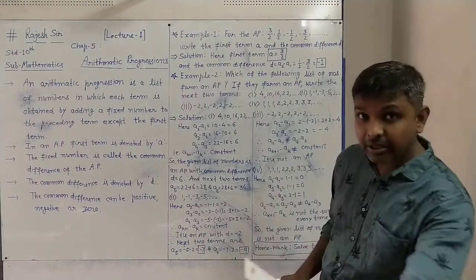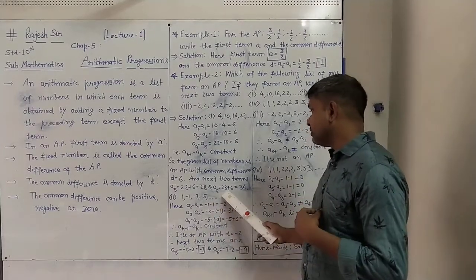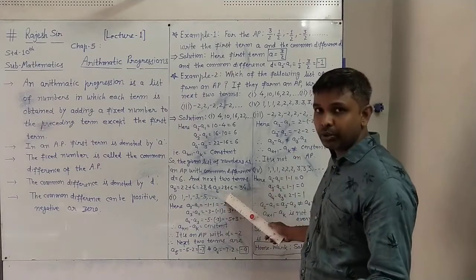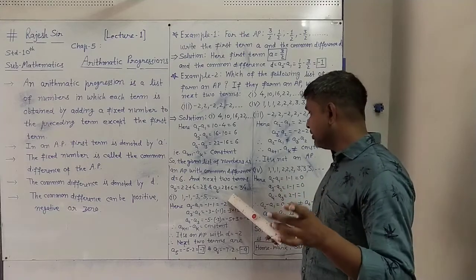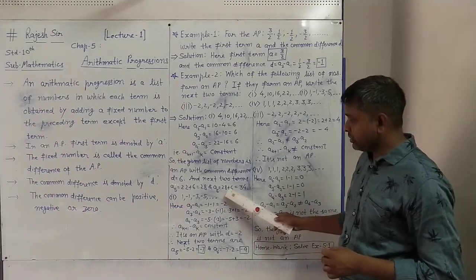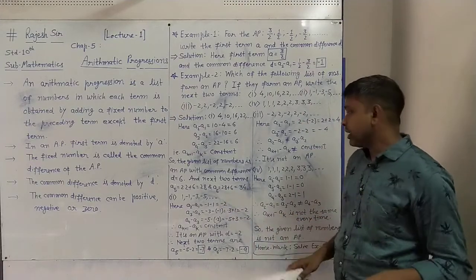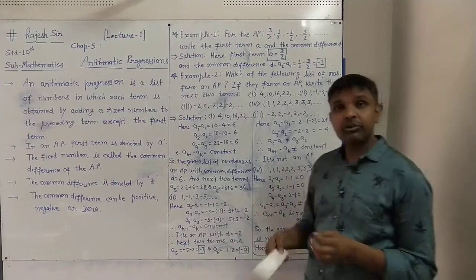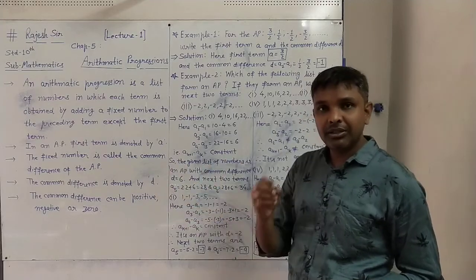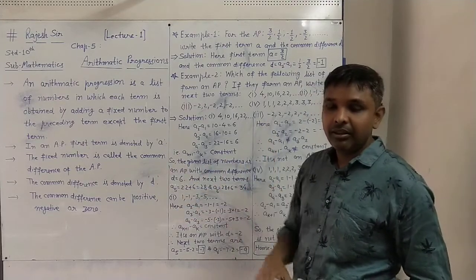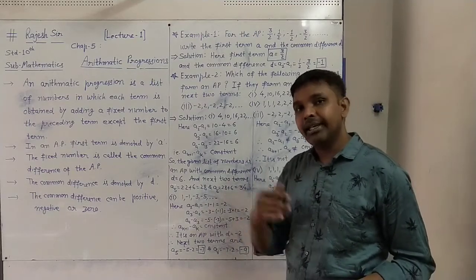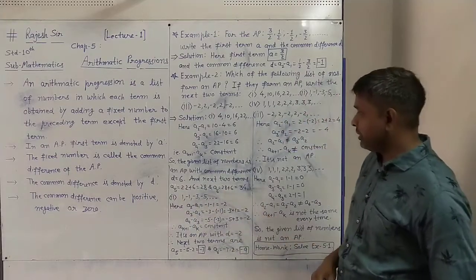Similarly, if we want the sixth term, its preceding term is the fifth term, that is 28, plus the fixed number, that is the common difference, 6 in this case. So 28 plus 6, in the fifth term we have added the common difference, so it will give us the sixth term. This way we can find the next two terms or three terms or four terms, however many terms are asked. How to get next to next? Just simply by adding the common difference d. If you add the common difference d to the given term, you will always get its next term. So this way we are finding.